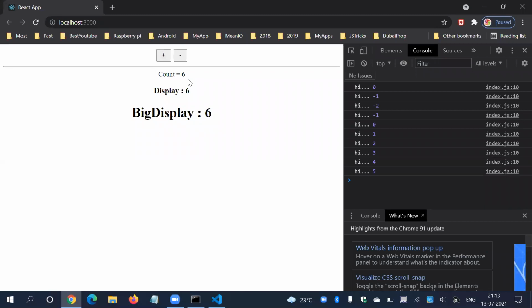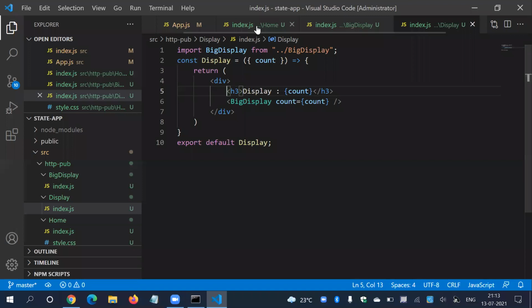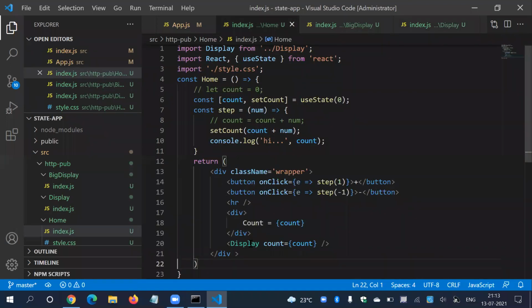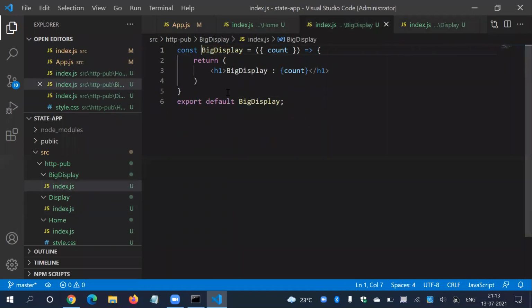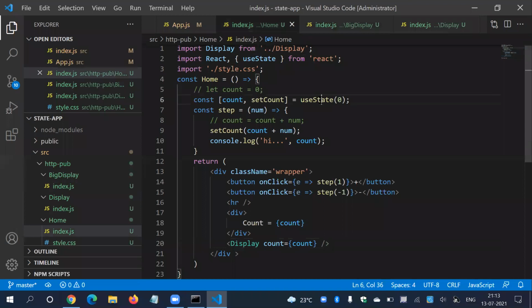So if you understand this, useState automatically re-renders its child components. Even if a child component contains another child component, it will automatically update that variable everywhere. And that is the magic of useState. So that's the better part. It's not that complicated as in Angular, where you have to write subject observable, behavioral observable. No need to go into that detail. Simply focus on this word, useState. Okay,